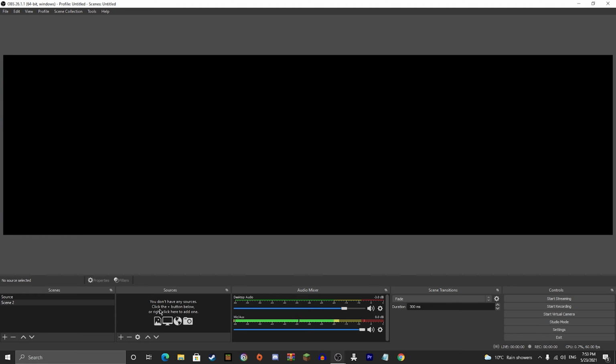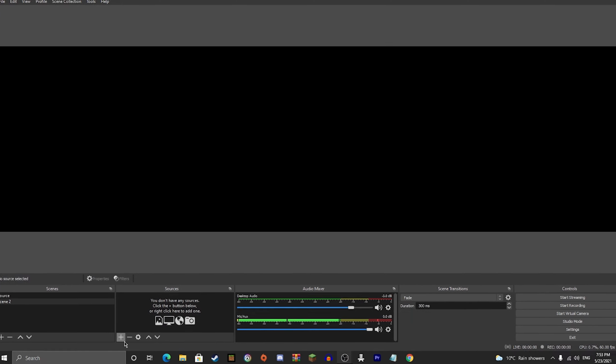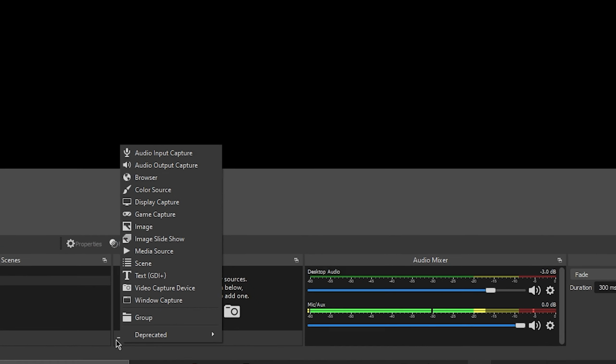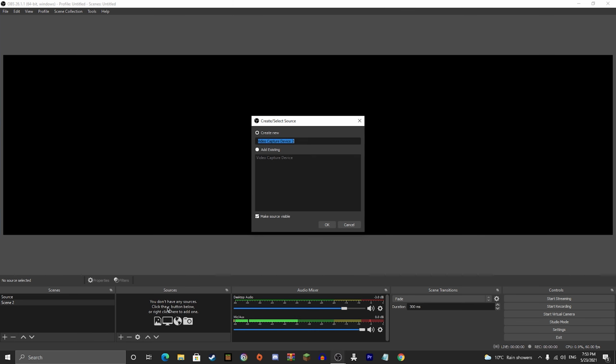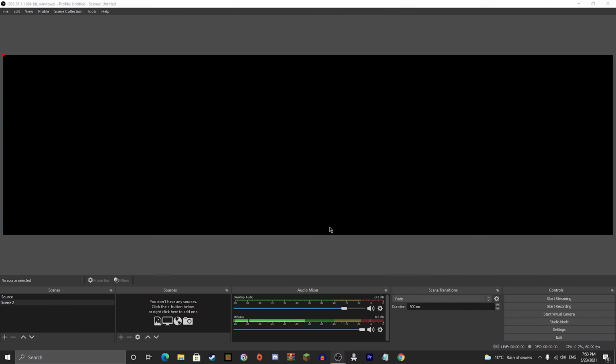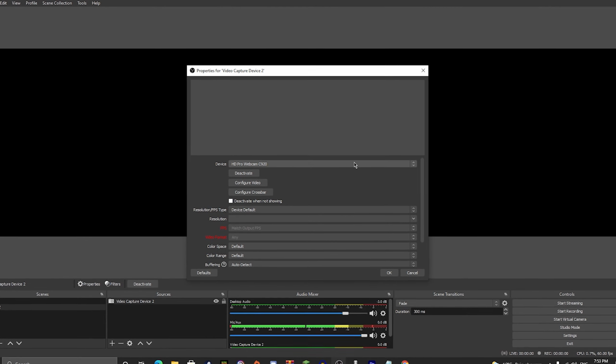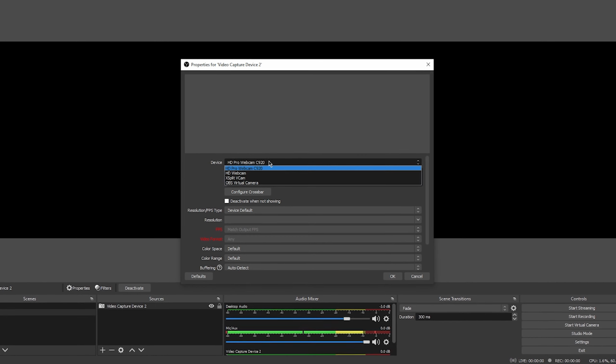Right. So first thing I'm assuming you're going to want to do is add a webcam to your video. So first thing you're going to do is go to this plus button down here, go up to video capture device just here, and click OK. What that's going to do is allow you to pick your device, so your webcam, whatever webcam